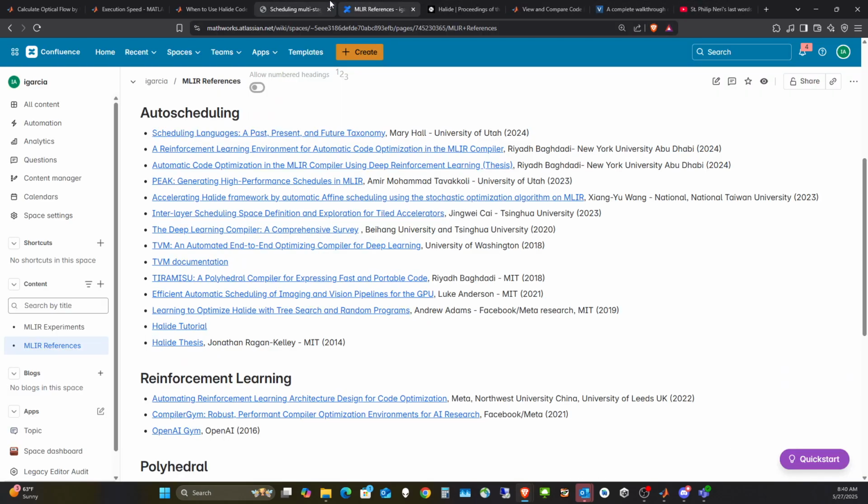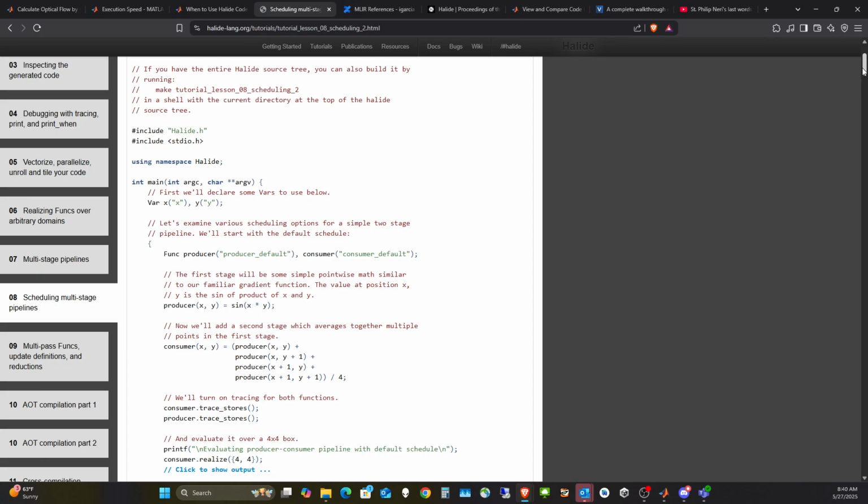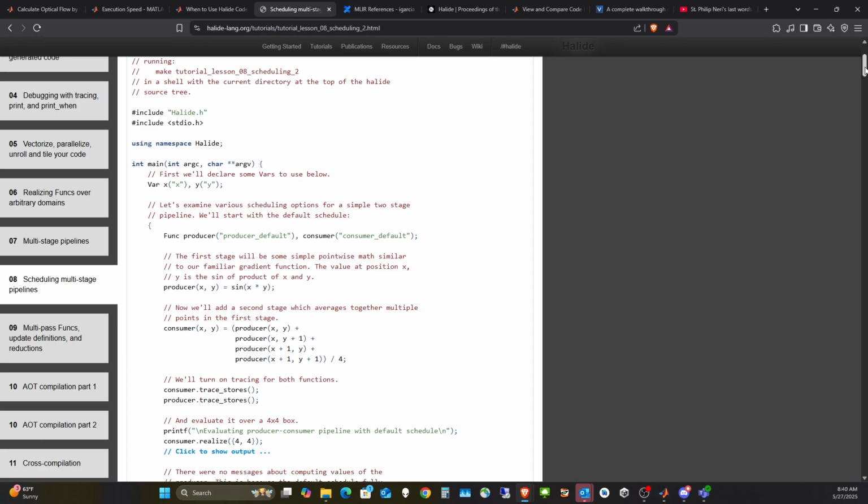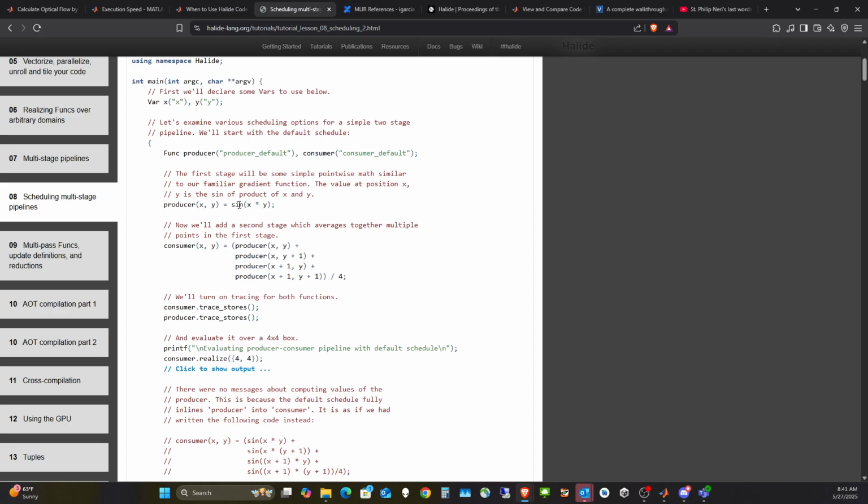in Halide. Let me go to the tutorial. This is a tutorial. I'm going to put all the pages that I'm showing as references in the description of this video. So in here you can see that one of the key features of Halide is a separation between computation and schedule. You have the computation, which is a pipeline of a producer. You have a trigonometrical operation, which is pointwise. And then you have a stencil operation because it depends on